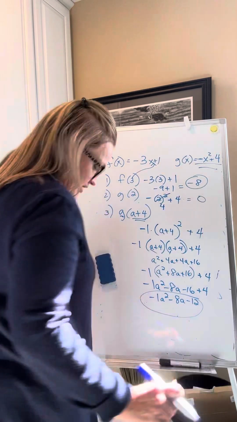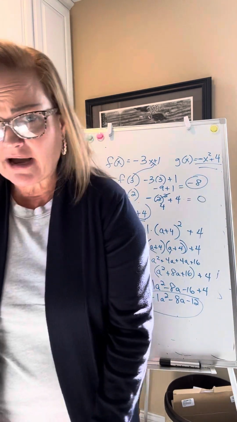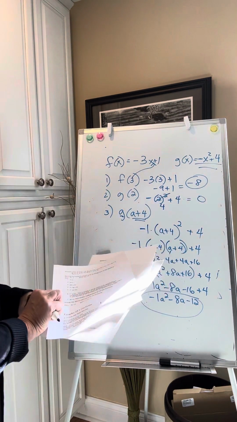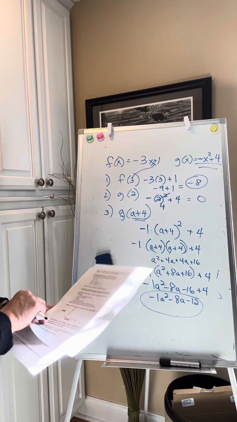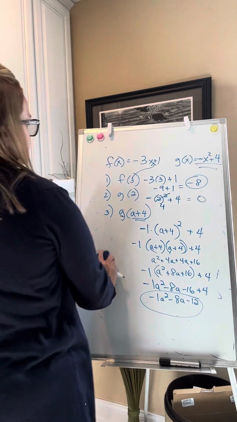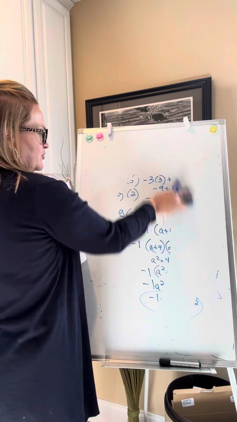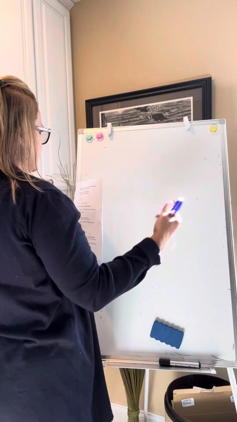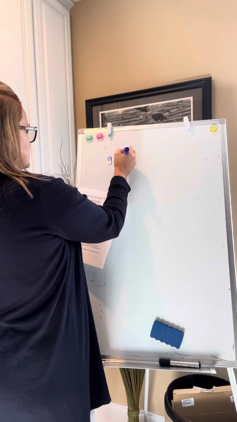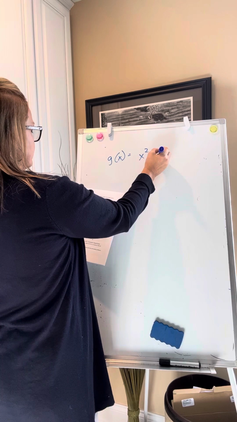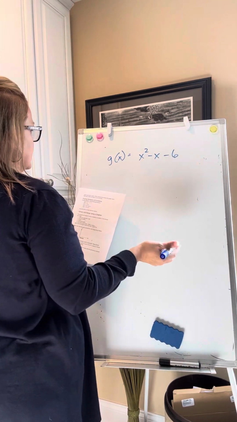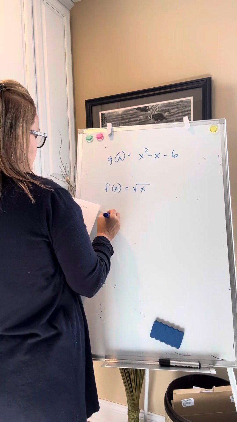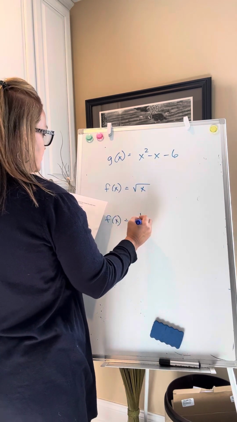All right, the next part of your handout, we're going to go back to talking about domain and range a little bit more. So on the next page, we've got a few functions. Back to that again. It's a really important concept with graphing. You'll be asked about the domain and range of any graph. That's a question you may get asked. So we're going to talk about how we can graph these, determine if they're a function, and also find their domain. So again, feel free to pause the video, use your graphing calculator, and think about the domain and range,